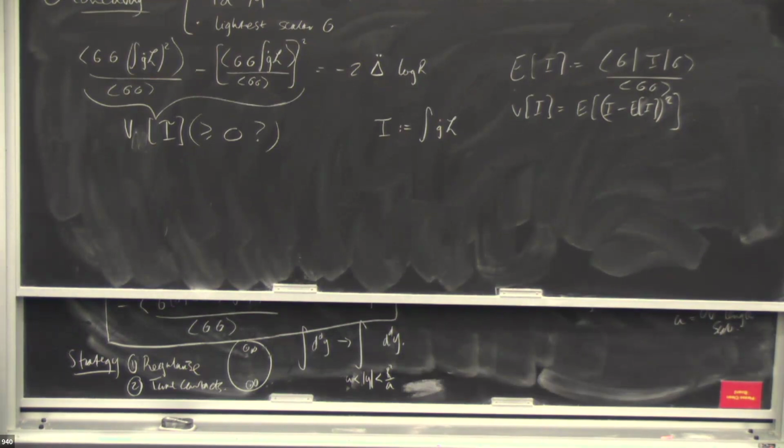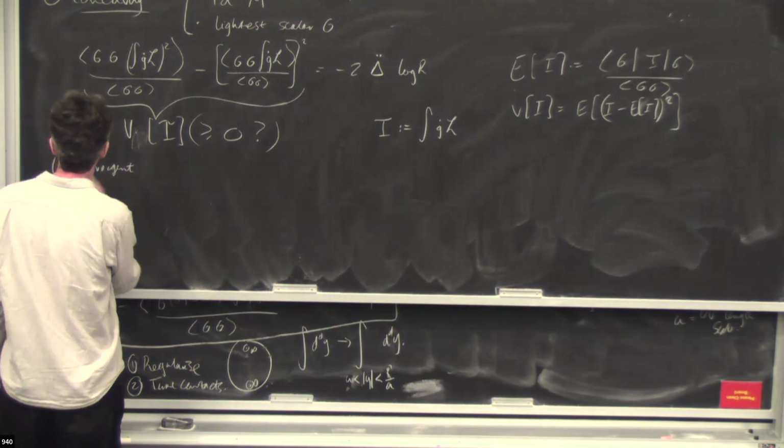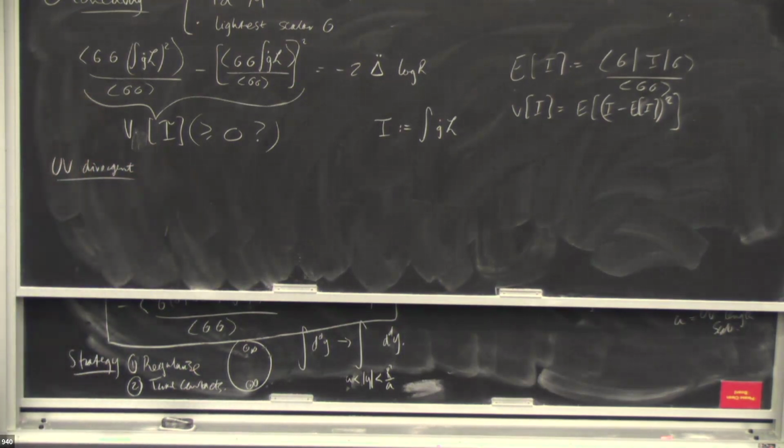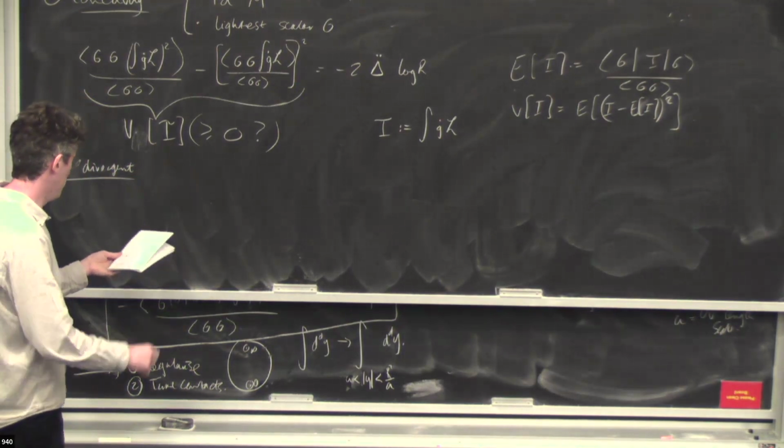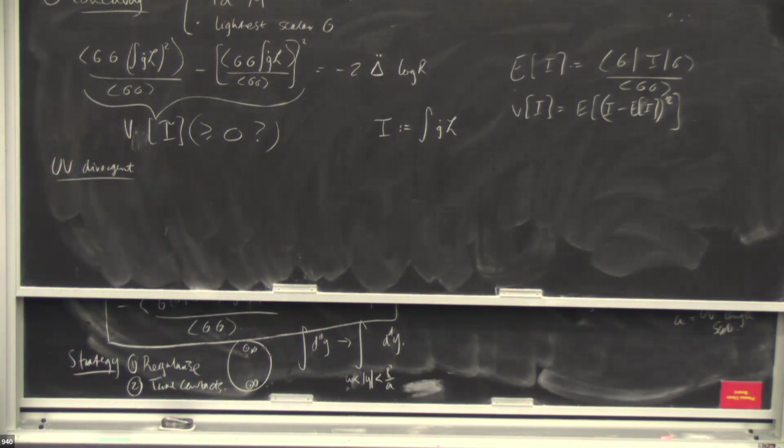Yeah, so it's UV divergent. That's the problem. This argument is not sufficient and would give you wrong answers sometimes. So it's UV divergent, so you need to regularize. And the spirit is the same as before. There are different kinds of divergences, and some of them are really easy to handle in a positive way.